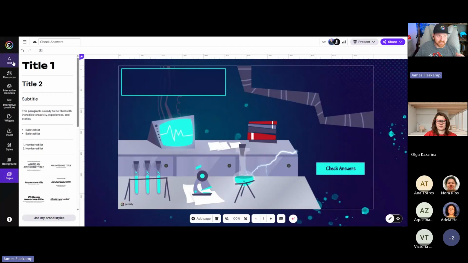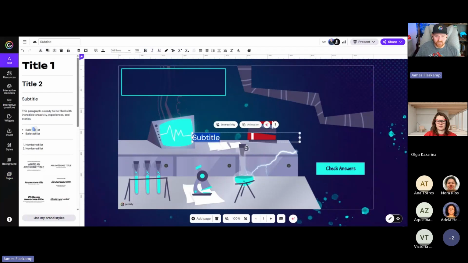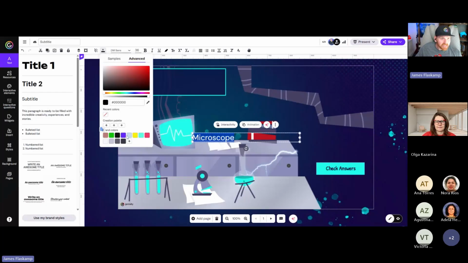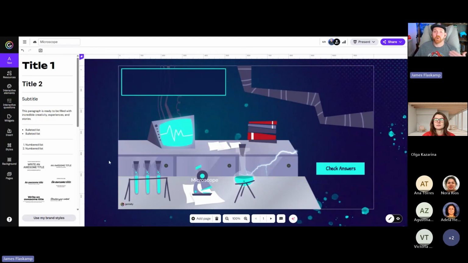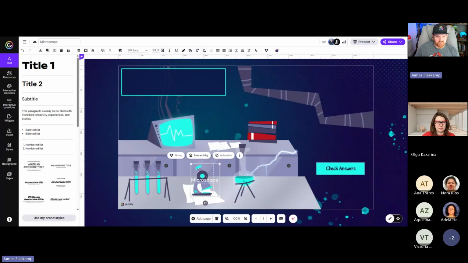If you want to add the text box like I did earlier to say microscope, then you can do that. I'll make that text white, bring it a little bit smaller and bring it down here over the microscope. And there we have our label. Then if you ever want to group something together, like in this case the microscope as well as the label, you can just click and drag to select both of them or hold shift to select both.